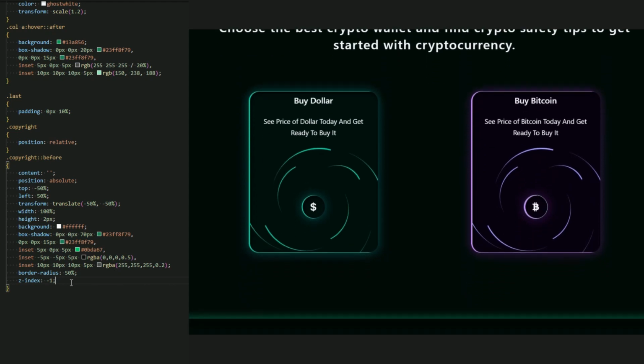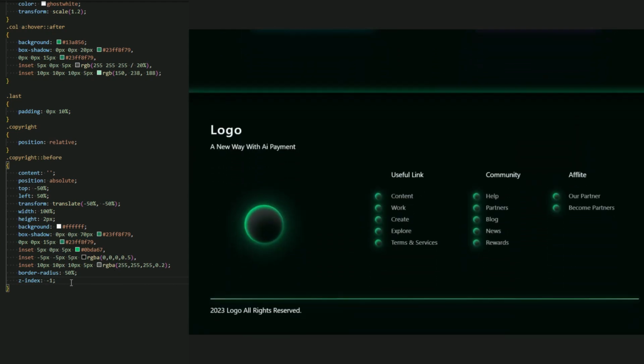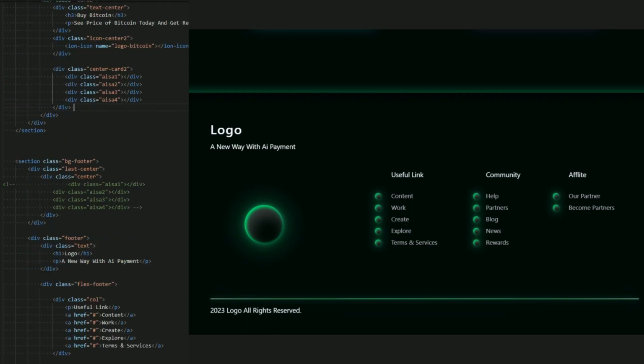Let me check the website to see if we have any problem. Oh, we have a problem, guys. I'm sorry, let me enable this after to see any problem of the website.